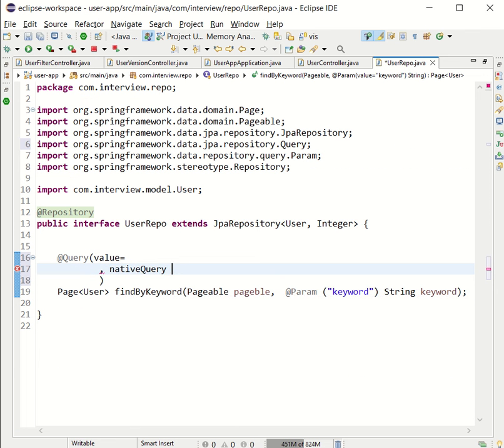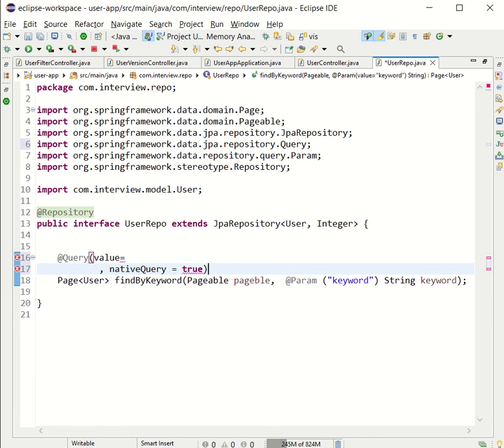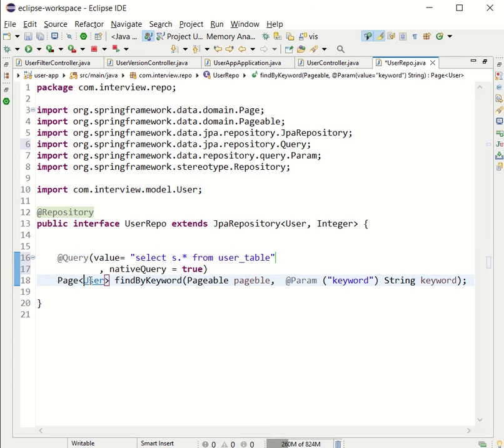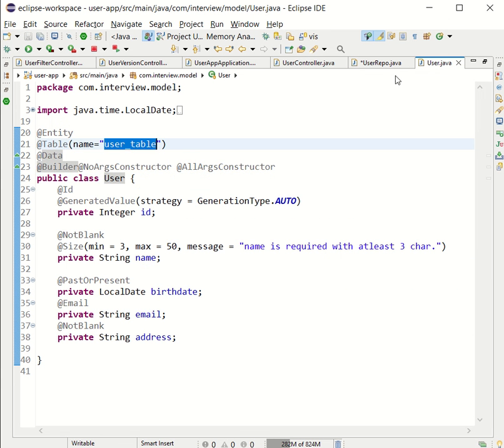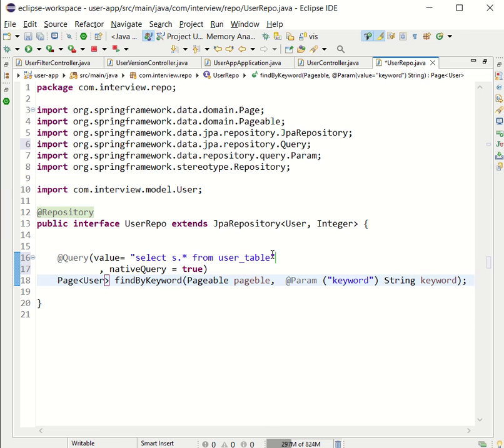So this field is going to be true in our case. And now we are going to write the query, where we will say our query is select star from table, and our table is user_table, if I'm right. Let me quickly check it. The table name that we have mentioned is user_table. So that is the table it will refer to, where